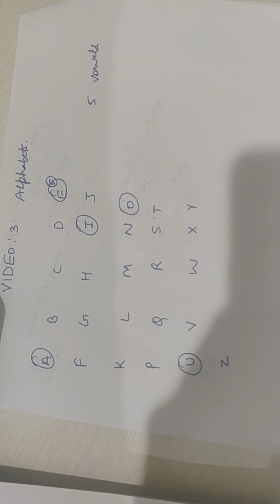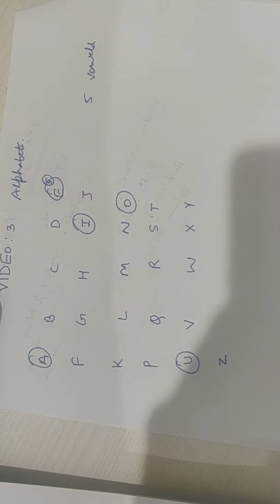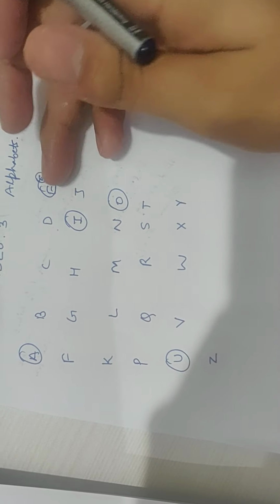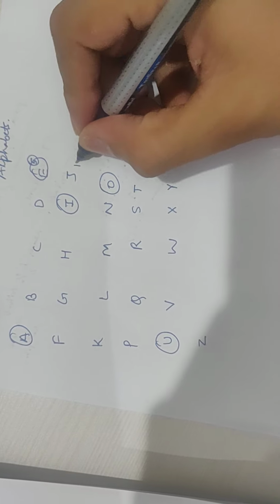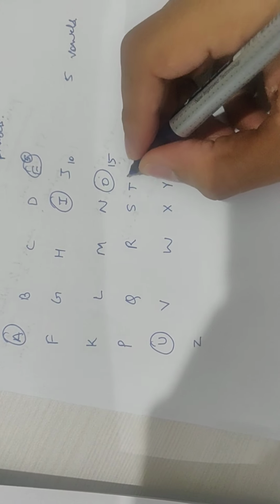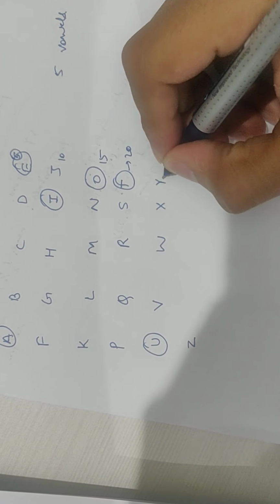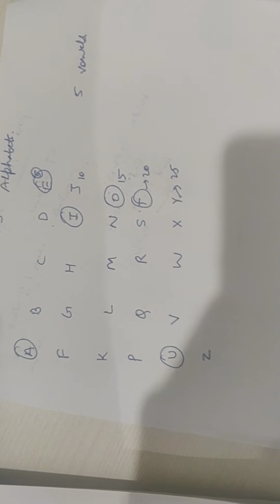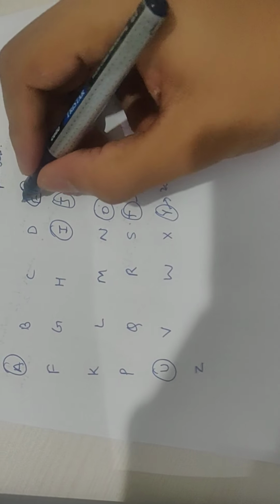You just have to write, or you can do it in your mind, or you can write on the question paper the 26 alphabets and their labeling. For example, I prefer to write in a sequence of 5, 10, 15, 20, 25 and 26. So E is 5, J is 10, this is 15, T is 20 and Y is 25. This is not a vowel, I've just circled it. Fine. These are the end alphabets basically.